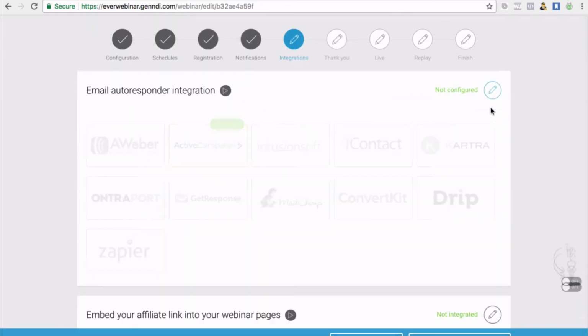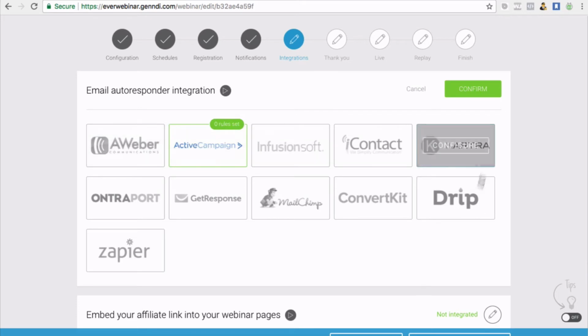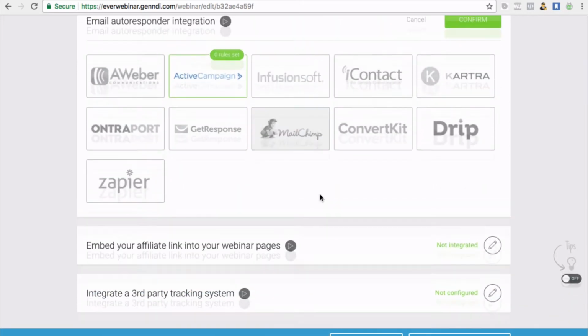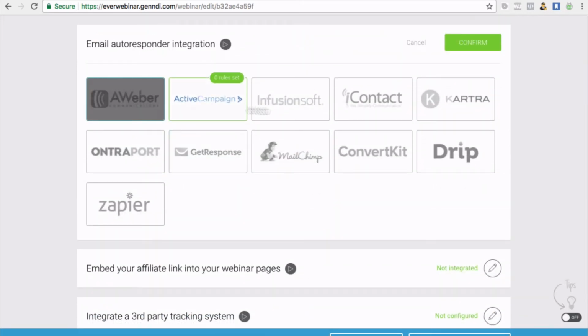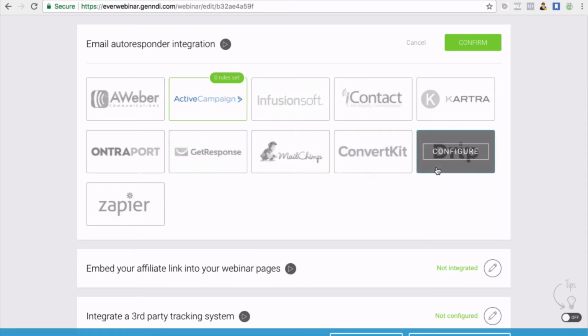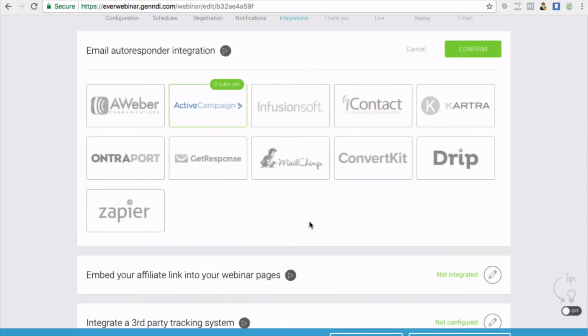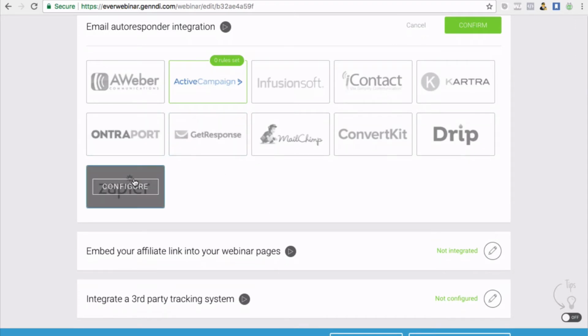This is where you would integrate with your autoresponder, so you can choose any of the major autoresponders. It's got most of them on here, MailChimp, and if your autoresponder isn't on here, you can always contact them, and you can also configure it through Zapier. Or Zapier, depending on how you say it. If your autoresponder isn't on here, you can actually set up a free Zapier account, connect